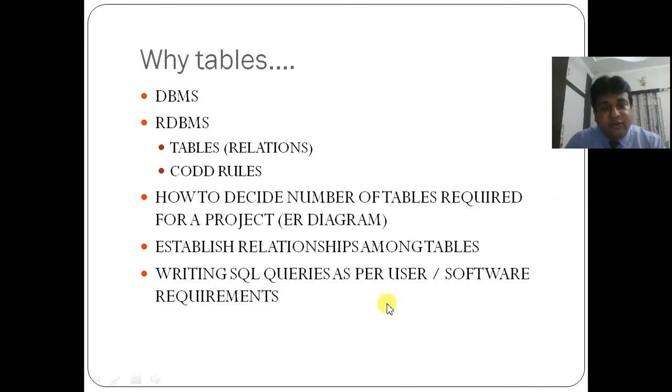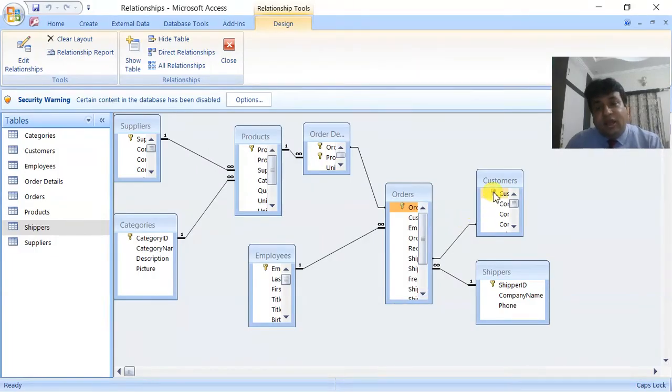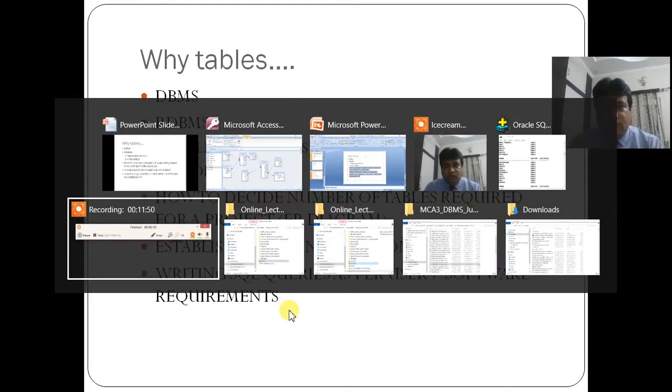I hope this is very clear to you why tables. This answer will definitely be clearer after we do that portion of RDBMS core rules. But tables are a far better option than flat files. Some of you who have done a mini project based on file handling will realize that it is far easier to work in tables rather than file handling. So let us come back to our prompt.